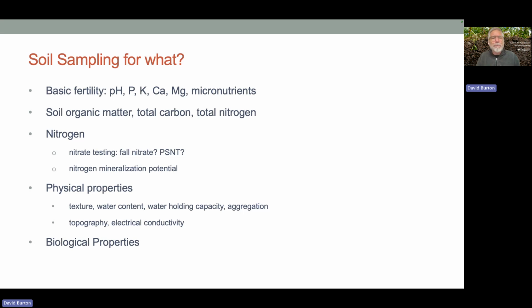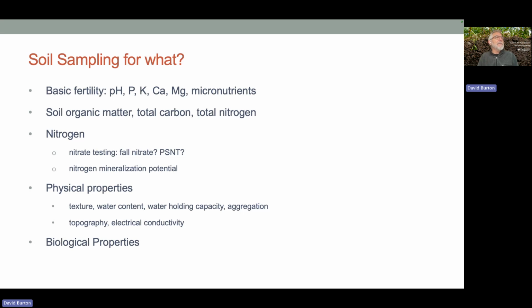nitrogen mineralization. One of the challenges with that test is that it requires a fairly rapid turnover from the time of sampling during the crop growth, usually in corn, just prior to the 6-leaf stage, and then a rapid analysis and returning the results back to the producer so they can make a decision for in-crop nitrogen application. And we don't always have that lab capacity within the region for the PSNT test to